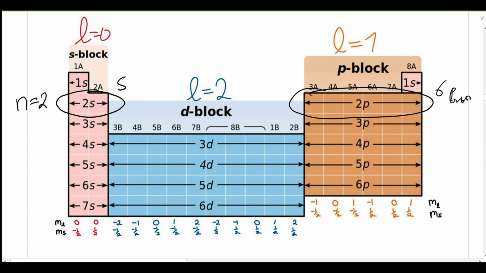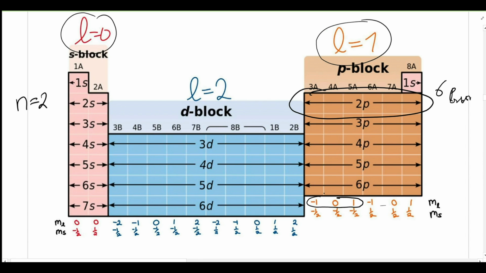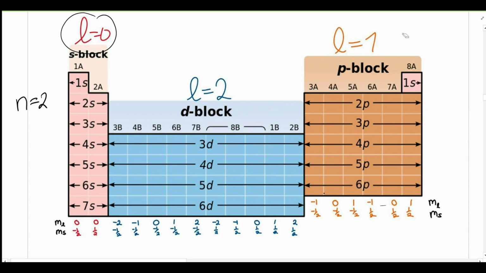The best way to think about them is that you have s orbital, which is L equals 0. Then you have ml equals 0 and 0, negative 1/2, and positive 1/2. And when we get to the p orbitals, we have L equals 1, negative 1, 0, 1, negative 1, 0, 1, and the rest is the same as well. Right? So they're pretty much the same, except the periodic table has an additional rule